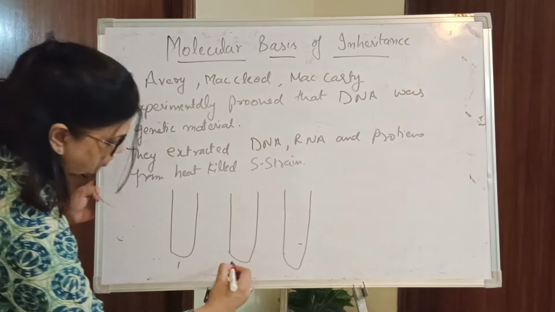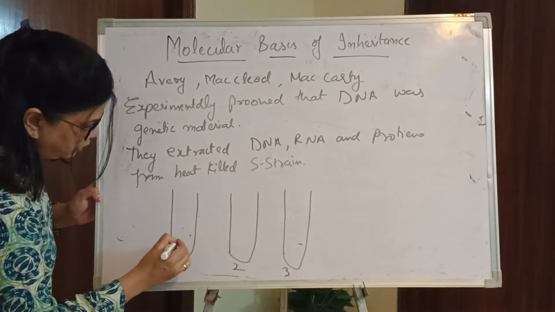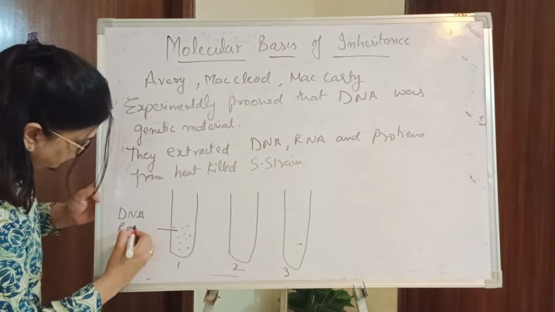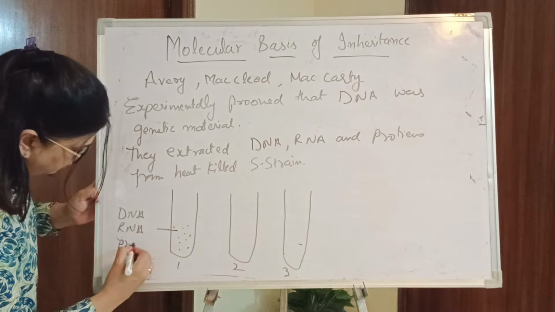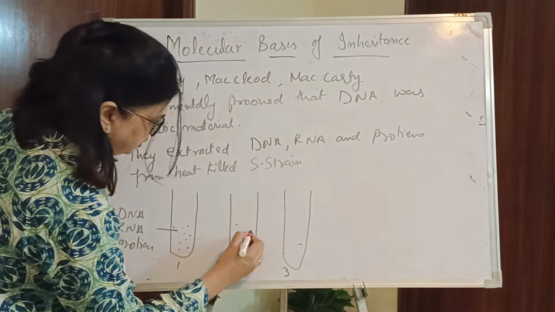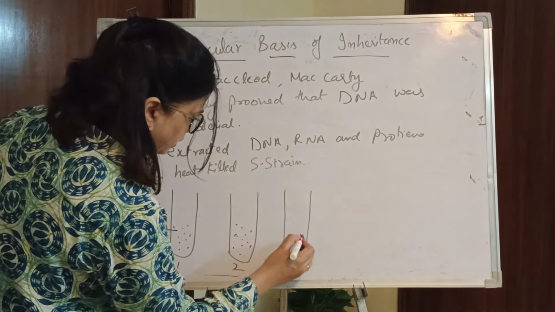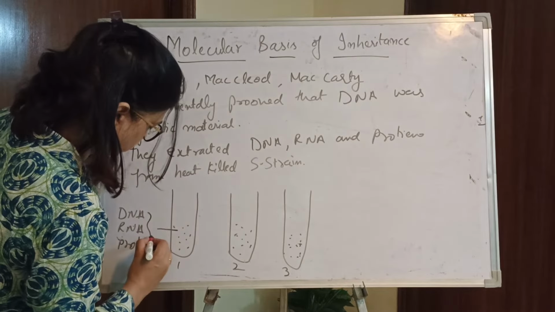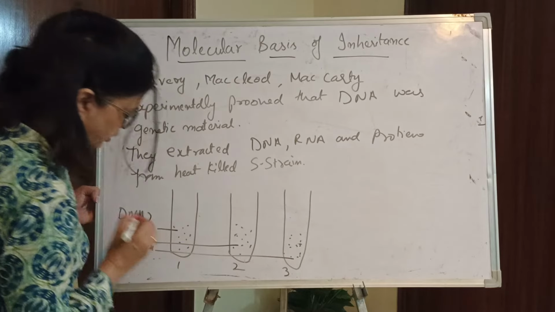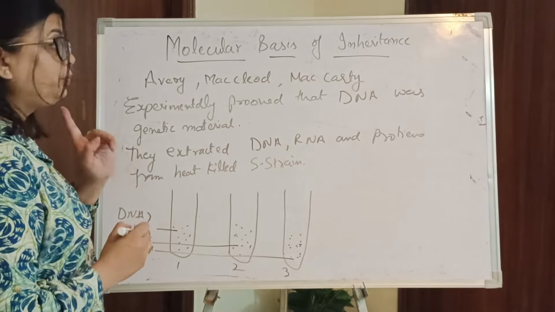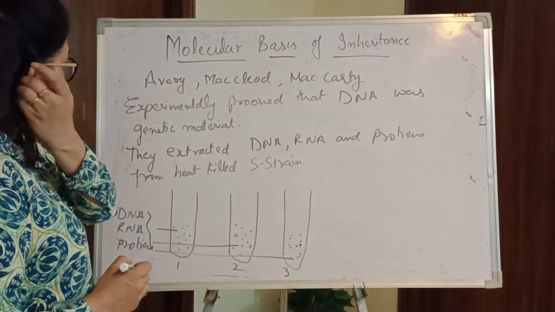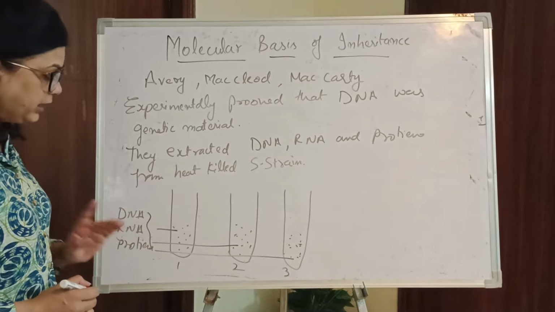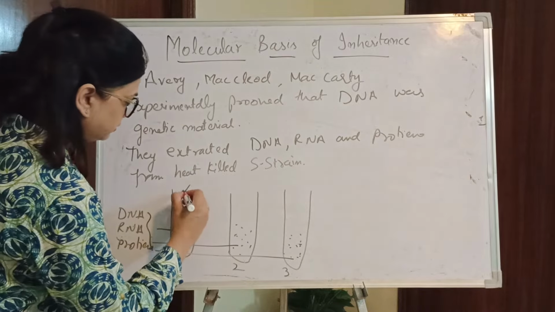So test tubes 1, 2 and 3: he took DNA, RNA and protein, the same in all these three test tubes. In all these three test tubes, he took this mixture extracted from heat-killed S strain. Now in the first test tube, they added proteases